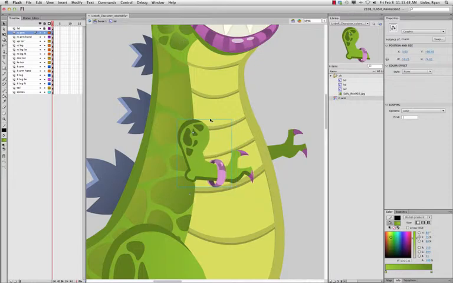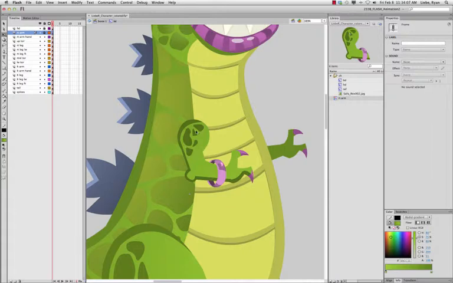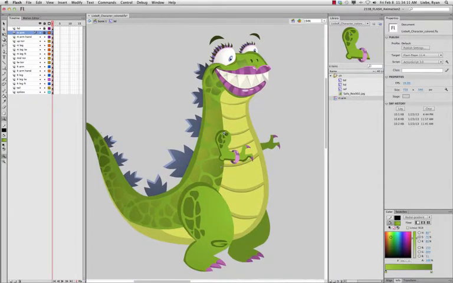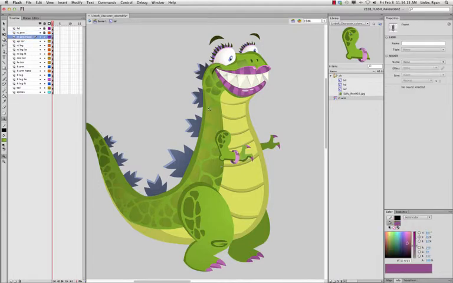Okay, so the idea is now with the free transform tool on rotation, I have a new pivot point, and ideally it's where your shoulder would pivot anyway. So that's the whole concept of this process, and now I'm just going to zoom out a little bit and keep moving down the line. So right arm hand,